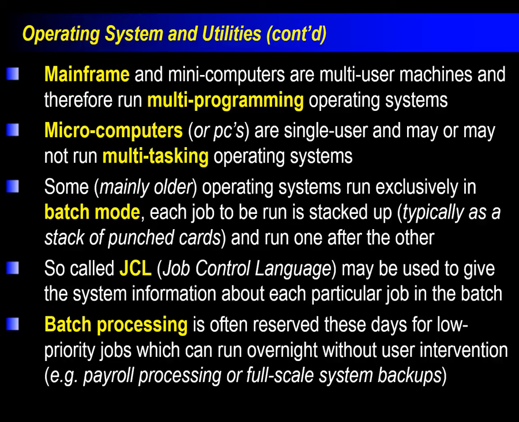But again, expand your knowledge beyond just a computer to any type of computing device. Some devices are single use, like the hardware built into a GPS machine, which might not have multi-use capabilities. Older operating systems rely on batch mode processing, where each job is stacked up, and it performs one job, and when it's done, it goes to the next job. This is an older system. The so-called JCL, job control language, was used to give all the jobs a batch processing system.